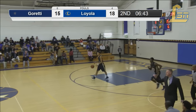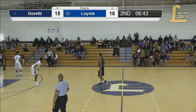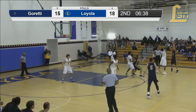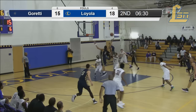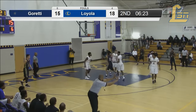You got to feel pretty good about the defensive play if you're head coach Matt Miller. I mean, getting their hands in the passing lane, picking off some passes, but the offensive end has not clicked as well so far. No, it is not, but if you're Coach Miller, you really have to understand that 12 of the 18 points for Loyola have come from the 3 ball. So if Loyola starts to struggle with that shot, then...